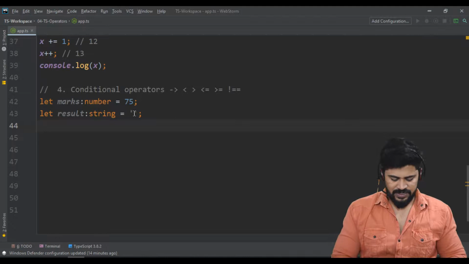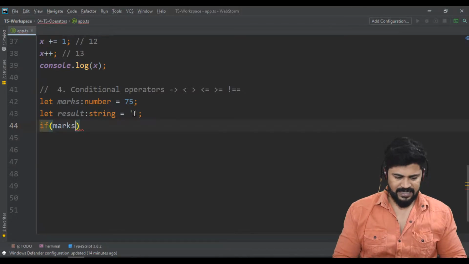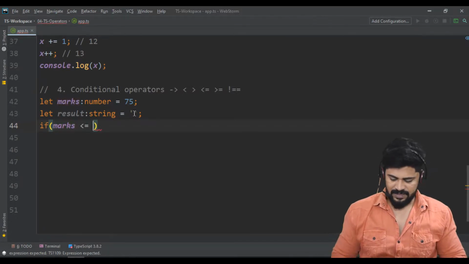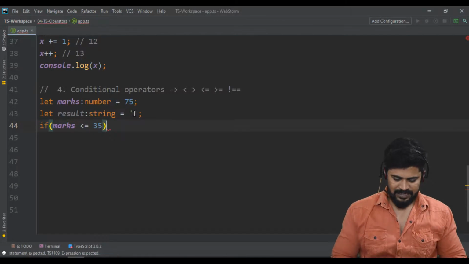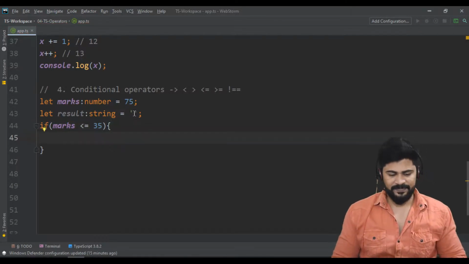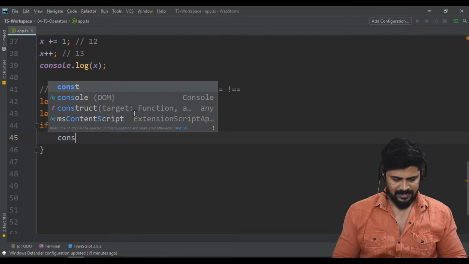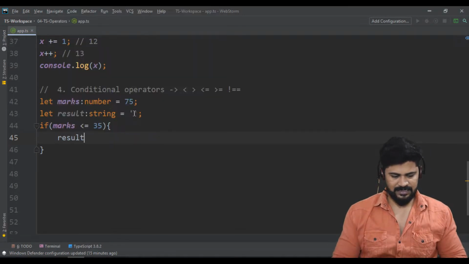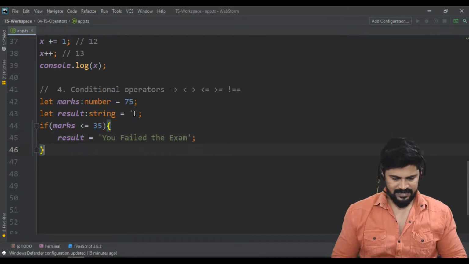Okay, I have taken two variables. Let me check the condition now. If the marks is less than or equal to 35, okay, less than and equal to 35, then I say result will be you fail the exam. Okay, simple statement.